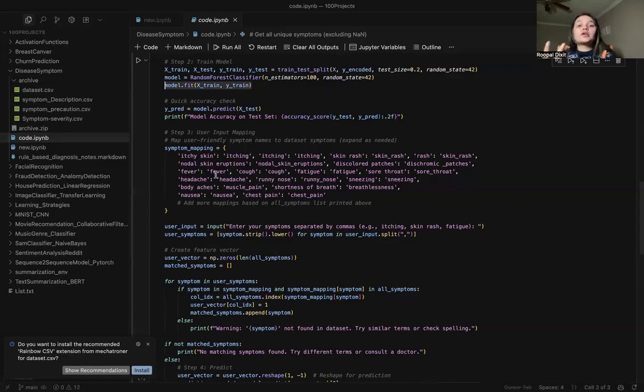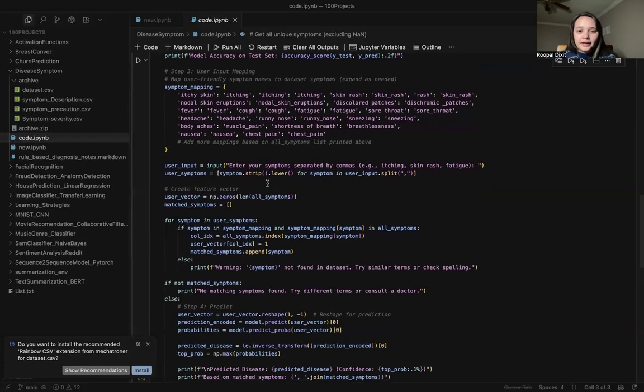So this is the pre-processing of the input: if a user is providing a symptom, you process the user's input into a format that the model can understand, and then you can test the model on that.